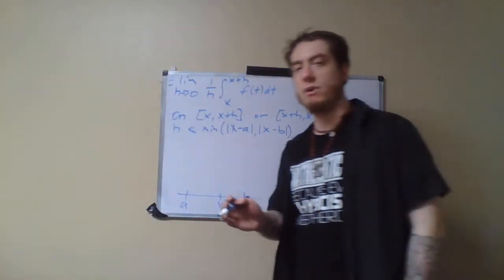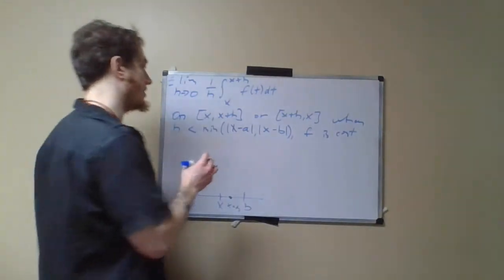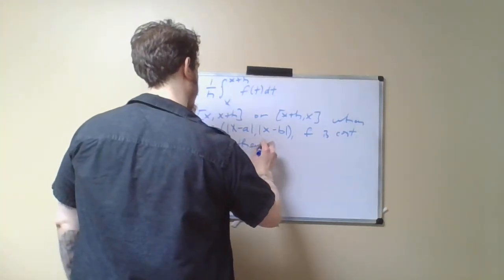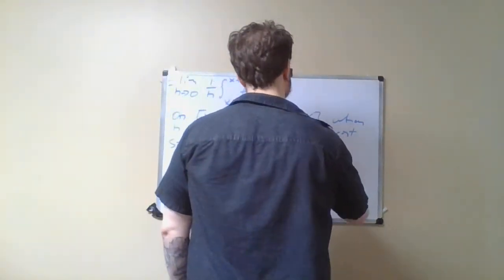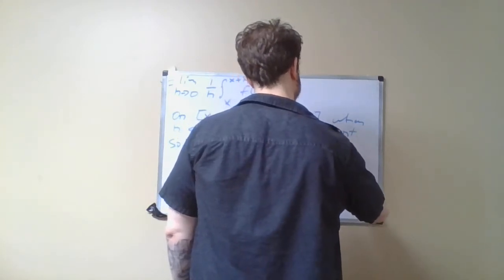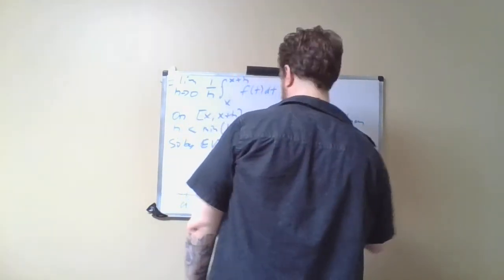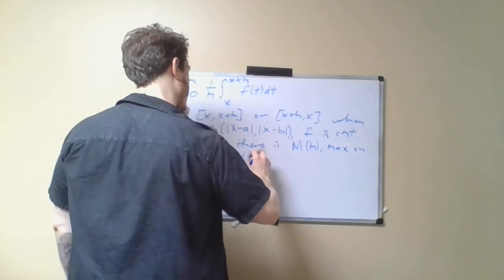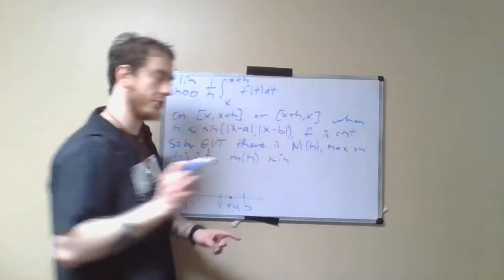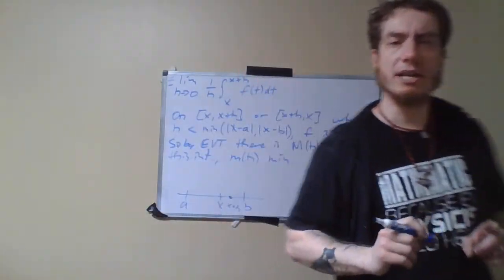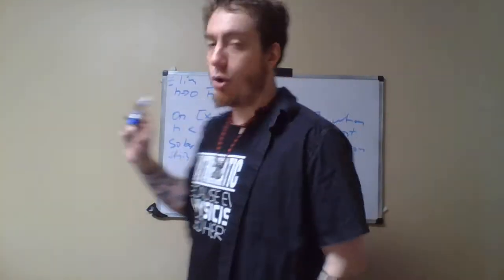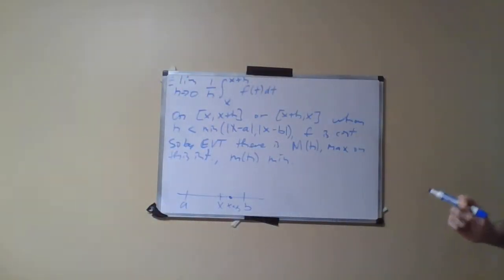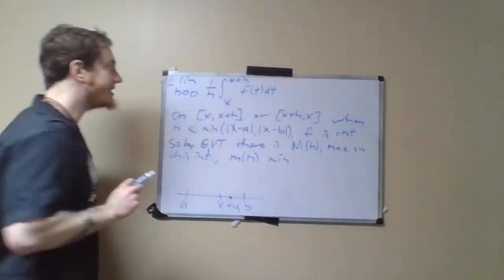And because it is continuous, by the extreme value theorem there is capital M of h, the maximum on this interval, and there is little m of h, the minimum on this interval. Why is this true? Well, it's because on a closed interval, a continuous function always achieves a maximum and a minimum. And what that means is that I can say,